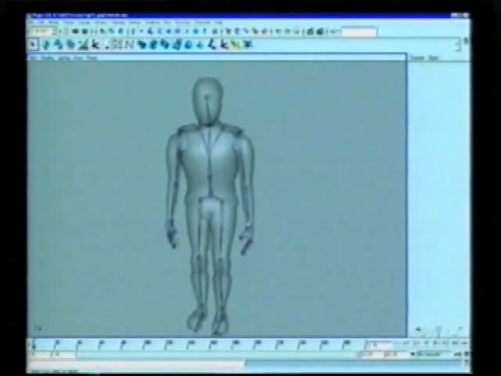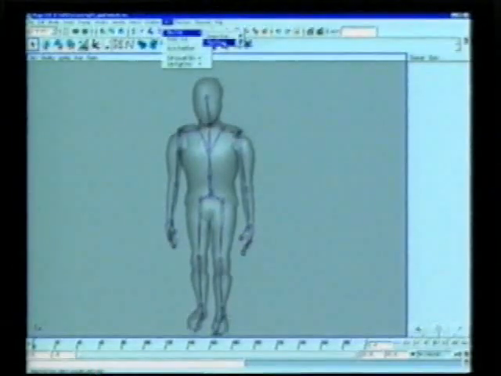To skin the character, I use the smooth skinning. If you go to the skin menu, you can see bind skin. You've got two options, smooth bind or rigid bind. Basically, the differences are smooth bind will take every vertex or CV, whatever it is, on the surface, and it can be weighted based on a number of different joints. With the rigid bind, each vertex can only be associated with one joint. So for this reason, the smooth bind does give some nicer deformations and can be easier to set up. It's the newer method for binding skin to a skeleton in Maya,